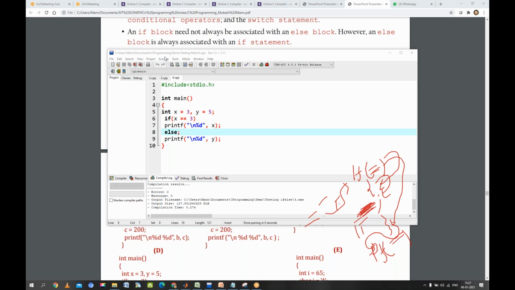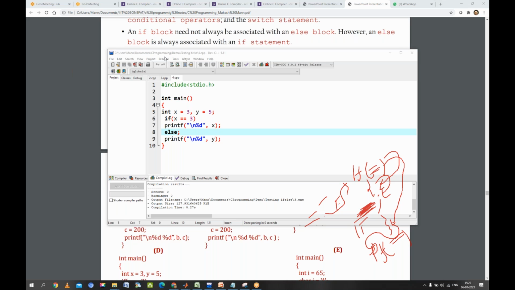Please see where we have put the semicolon. We have put the semicolon at the else statement. So we have directly put it, right? So after this we have only one statement, that is only the semicolon we have put. So before the semicolon there is a blank. So this last statement printf, is it a part of this else or not?